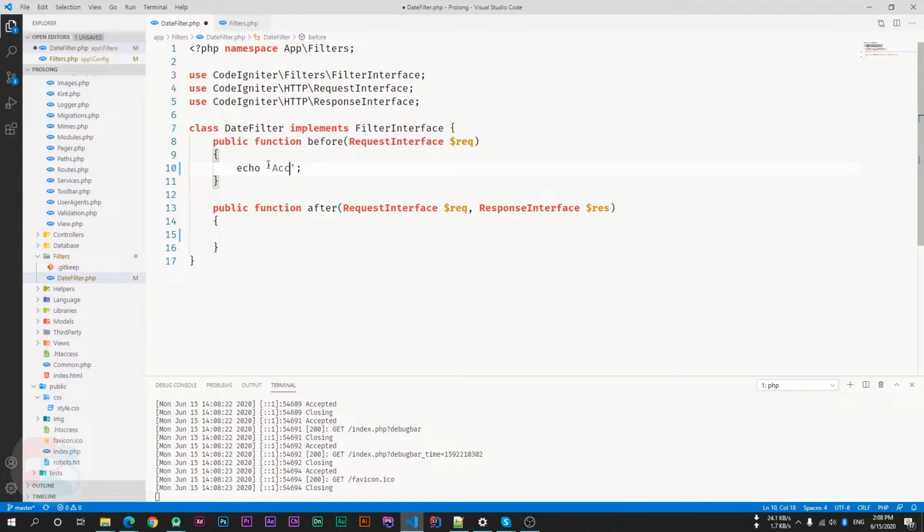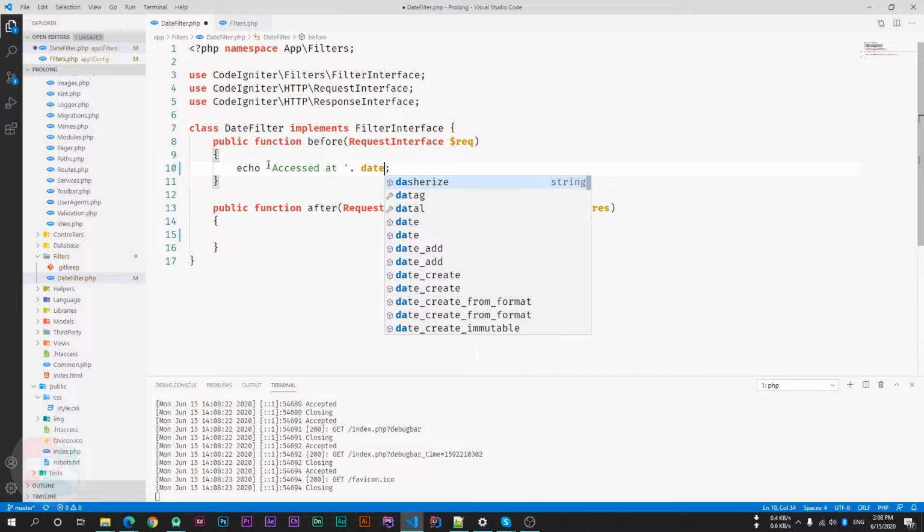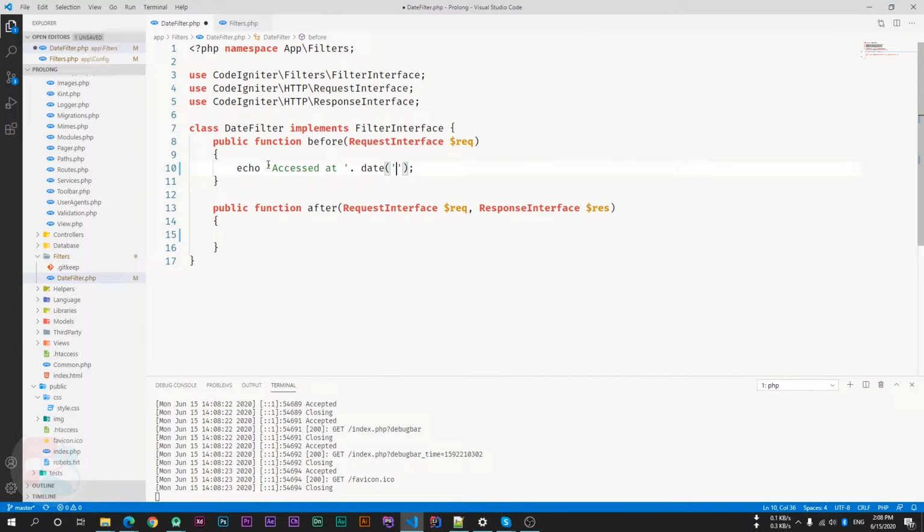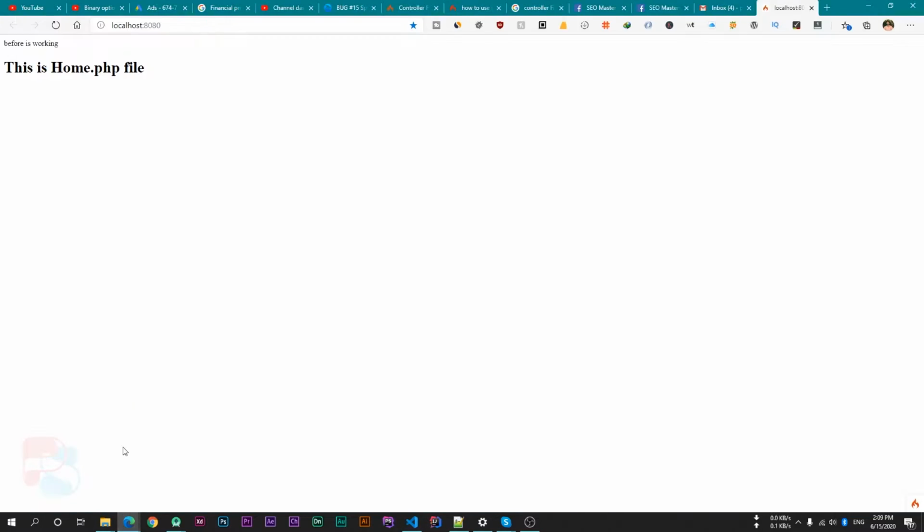Now I'll print the current date with time, and then break. Save this file and reload the web page, and we are getting the current time here.